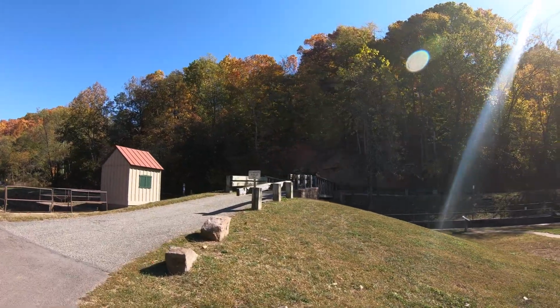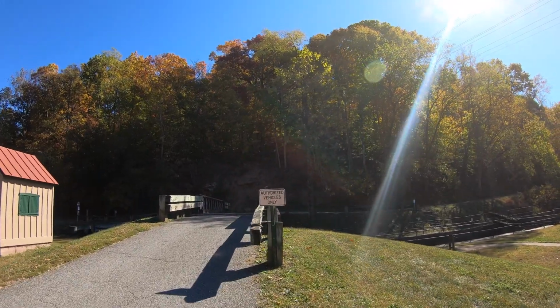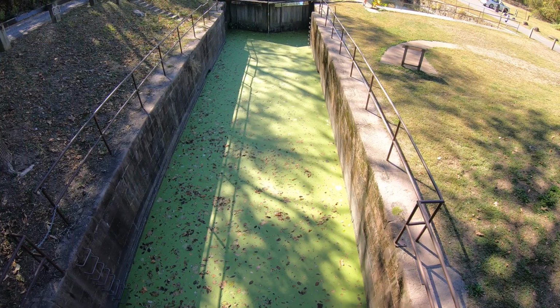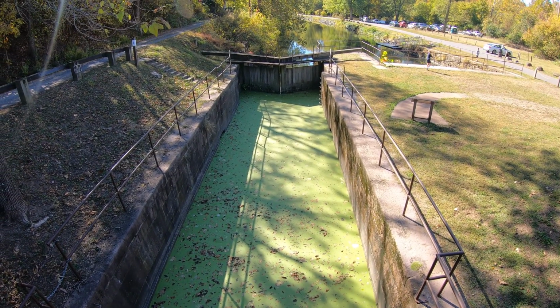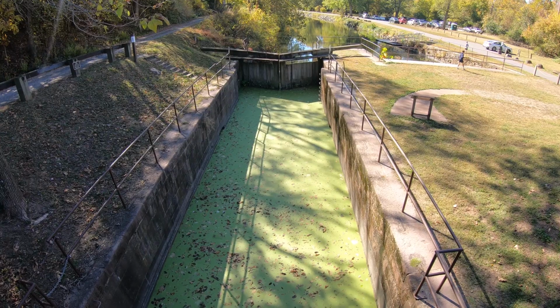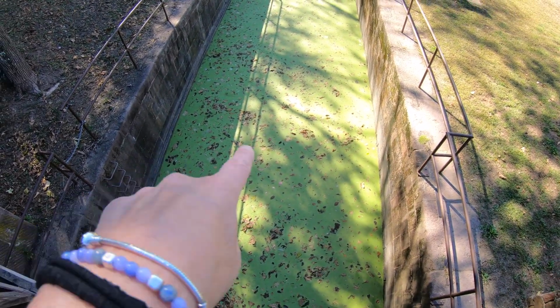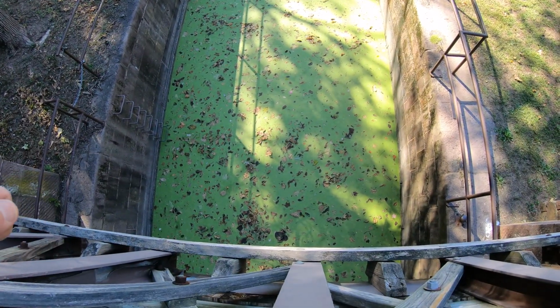All right, I found Debbie, and she's waving me to her. What did you see, Deb? That's not cement. No, that's moss, right? Yeah, moss? Is that what you would call it? But it's so still. It looks like cement, like it's dry, doesn't it? It does. You can see the leaves just kind of sitting. It looks like a green cement